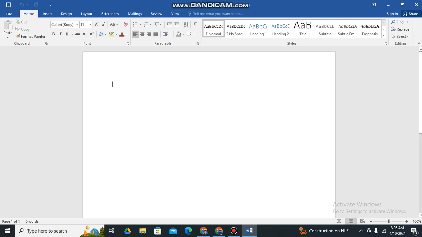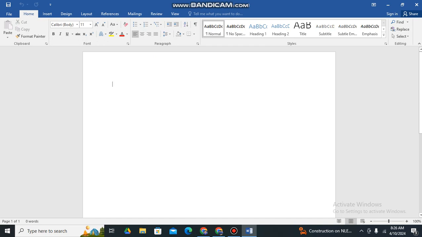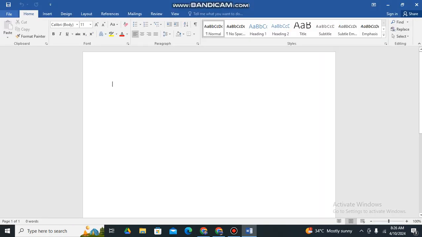Now, below the ribbon, you'll find the toolbar, which provides quick access to commonly used commands. For example, this one, the File. It will give you commands such as Save As and Print, and you can customize this toolbar to include the commands you most commonly use.